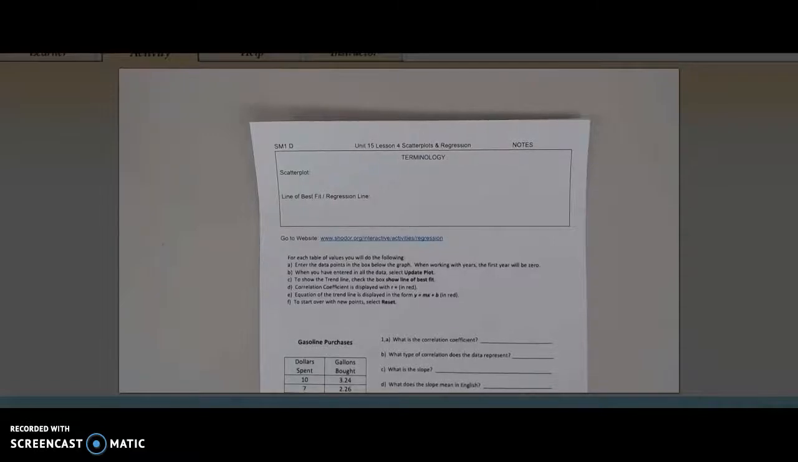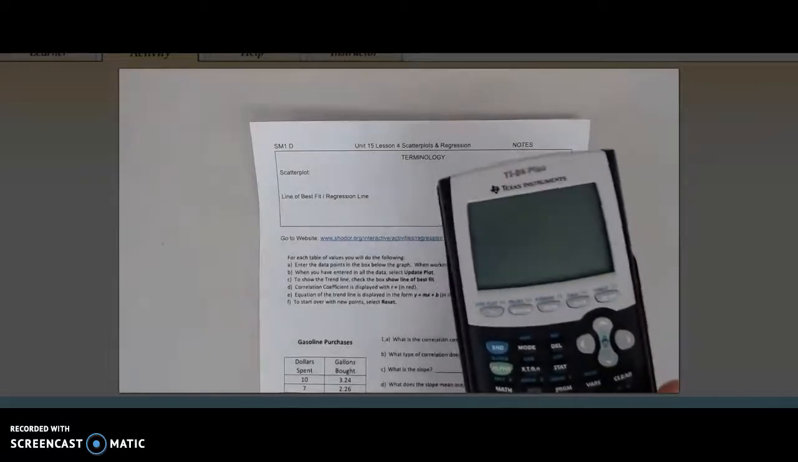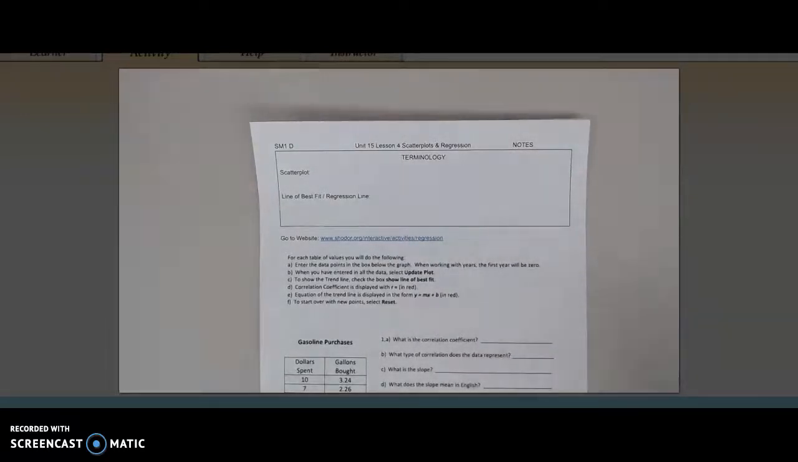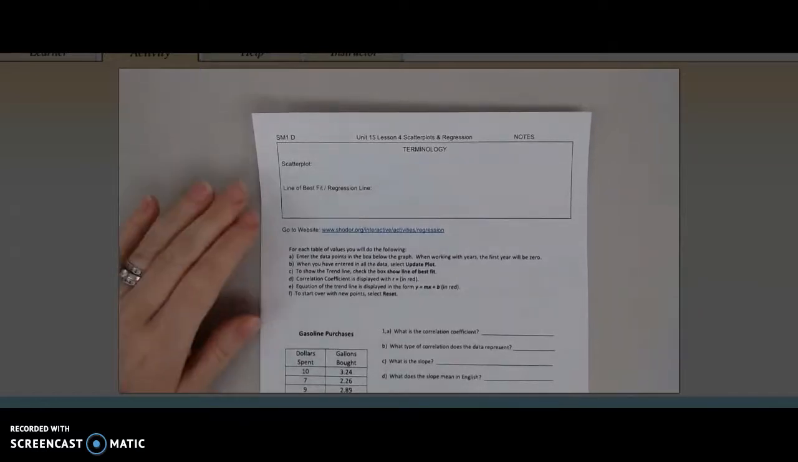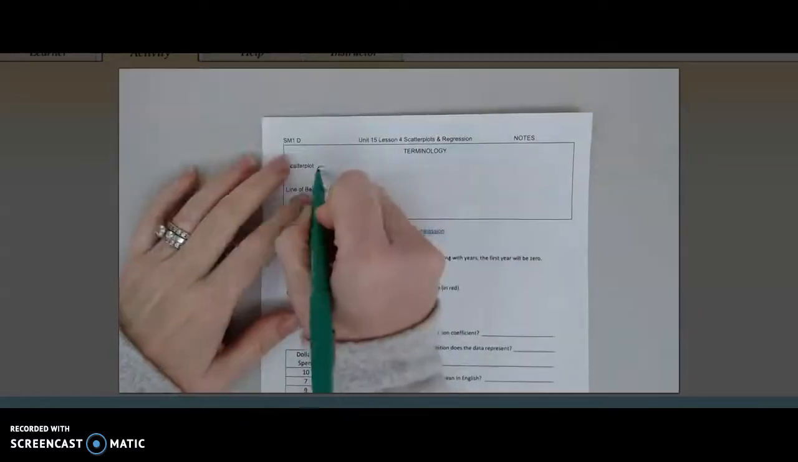Okay, welcome to Unit 15, Lesson 4, which is scatter plots and regression. For this section, if you know how to do this on your graphing calculator, you're welcome to, but there's actually a website that we are going to utilize, so every student has access to it. So a scatter plot is basically just a graph